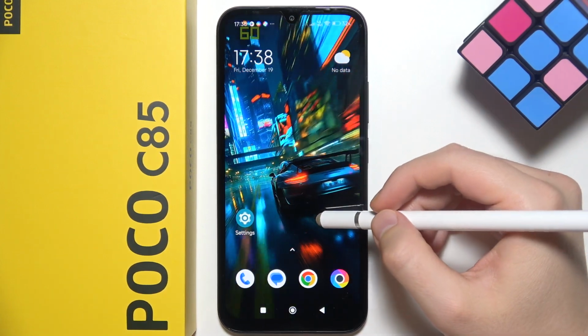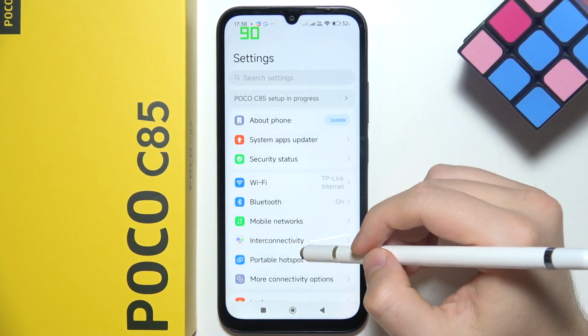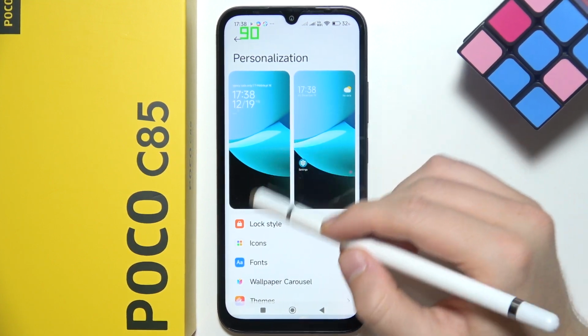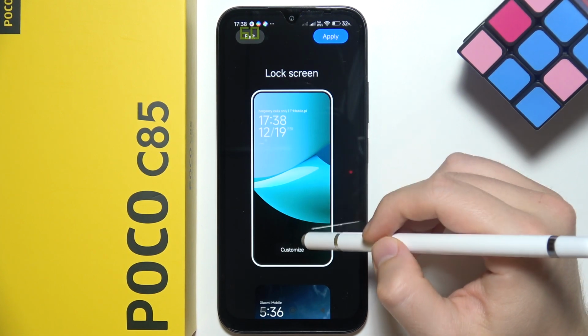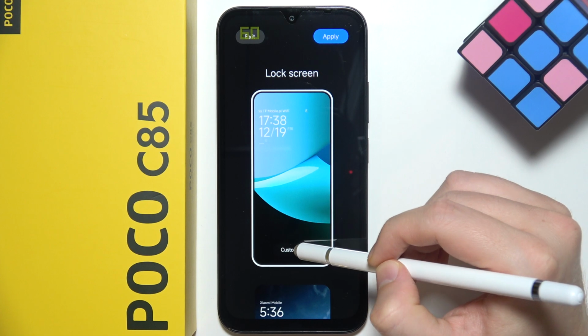If you want to adjust the size of the clock in the lock screen on Poco C85, start by opening the settings and now go to the personalization. Next, you have to select the lock screen. And first of all, if you want to change the size of this clock, you have to go for the